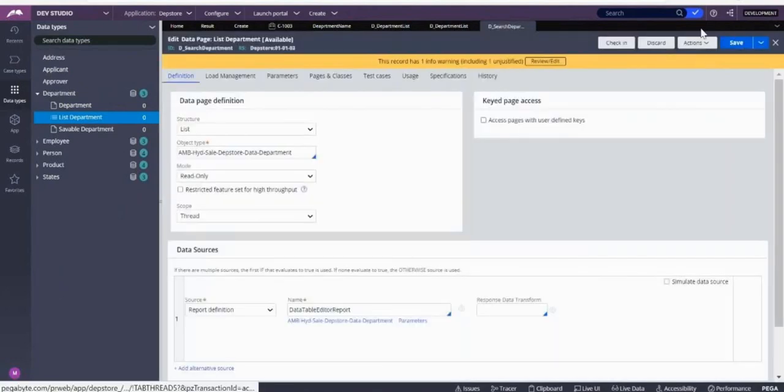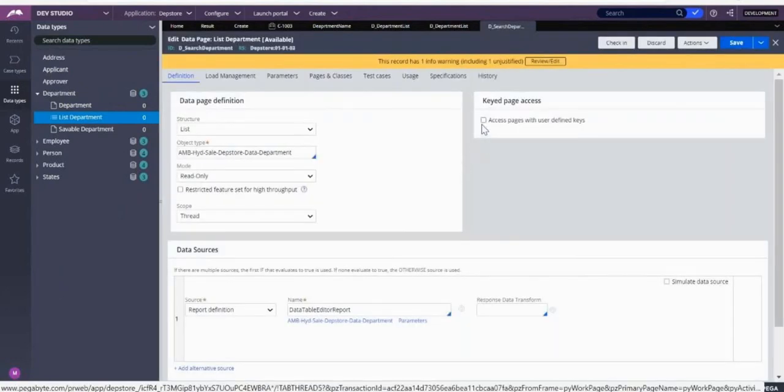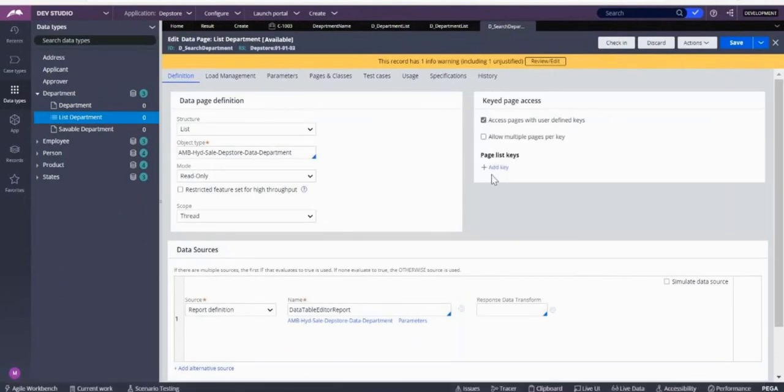Now here I'll use a keyed data page. In a keyed data page, you have to provide the key. So what is that key? You can provide department ID over here.